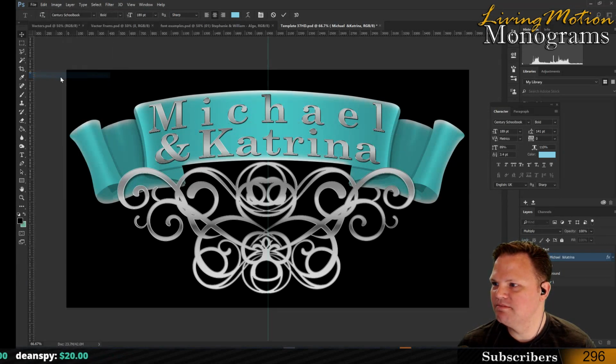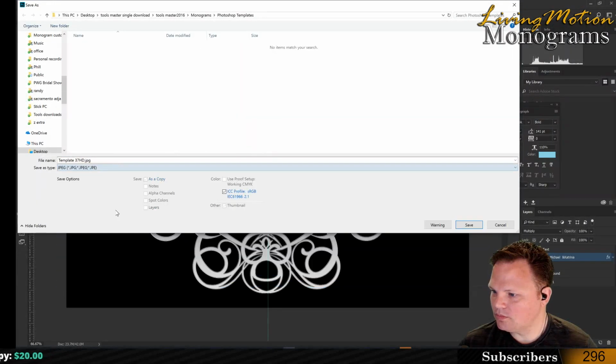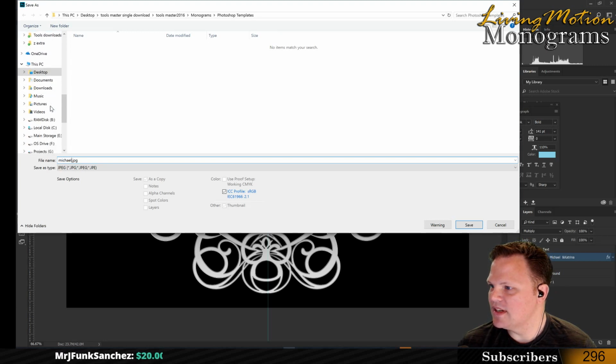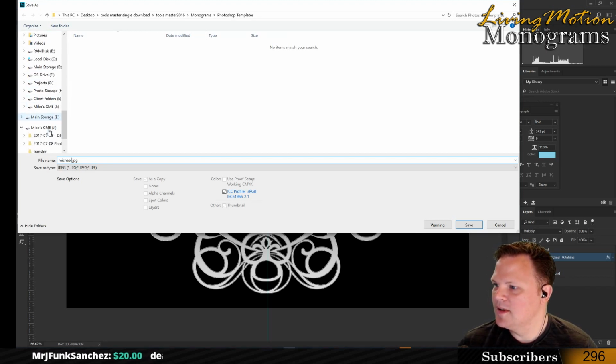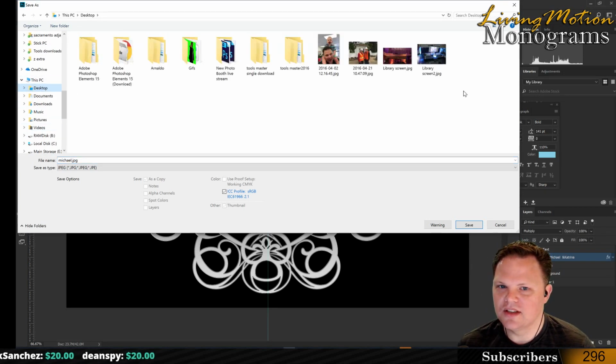Save it as a JPEG, or however you'd like to save it for your events. Don't forget to change the name, because if you save it as the same file name, as if you're saving it as a Photoshop file, it's going to overwrite the other one, and then it'll always be changed. And you probably want to keep your disk kind of fresh so you don't end up having the issue of something getting changed and not realizing it. So if we save that to our desktop,